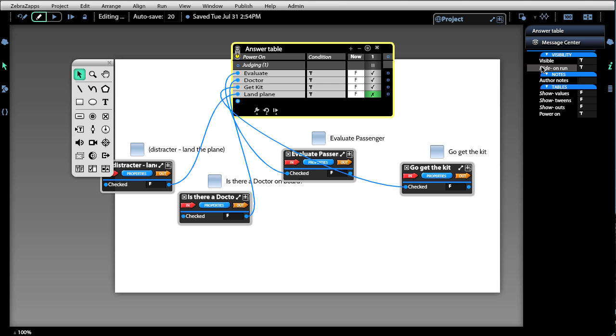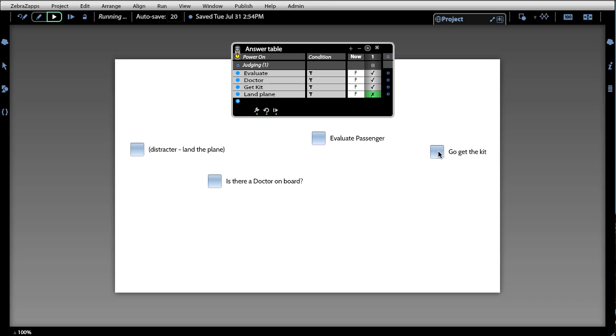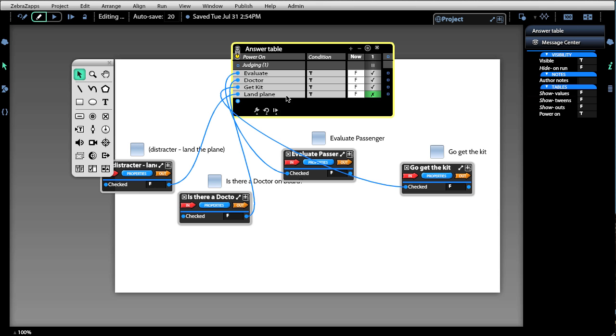So if I turn the table here to hide on run false, we can watch as each one of the steps is completed and the corresponding cell turns green. Column number 1 highlights when all of the cells have turned green in column number 1. And of course, choosing the distractor will make that last cell turn gray again,